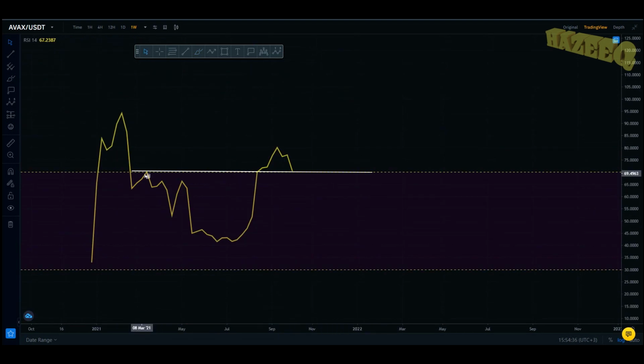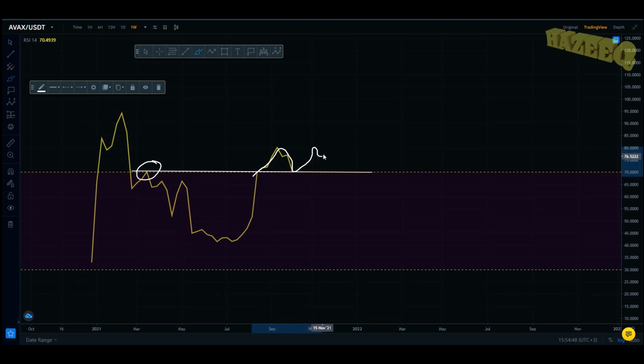What else do I want to show you is if we get into the technical targets. Now, you can see that we tested this level as resistance previously over here. And what we've done right now is we broke it and are coming back for support. Potentially what I see happening is us bouncing up from here and having that next leg up and potentially a move down in December. But as always, we can just start breaking down from here and coming back down and finding support on the 20 weekly EMA.